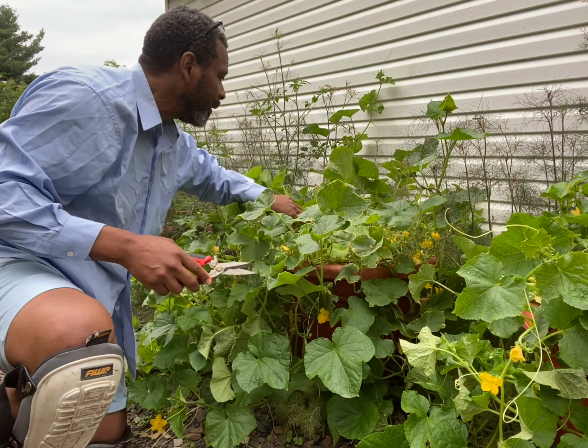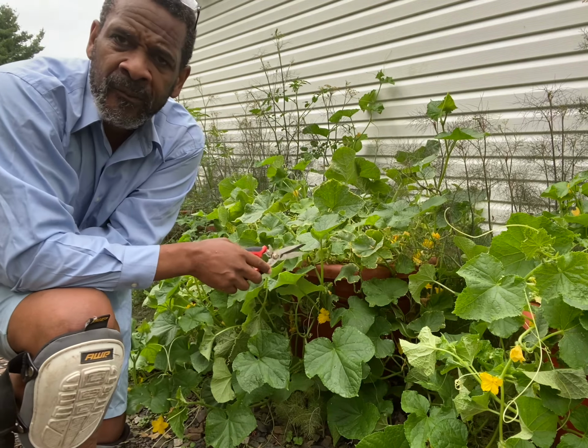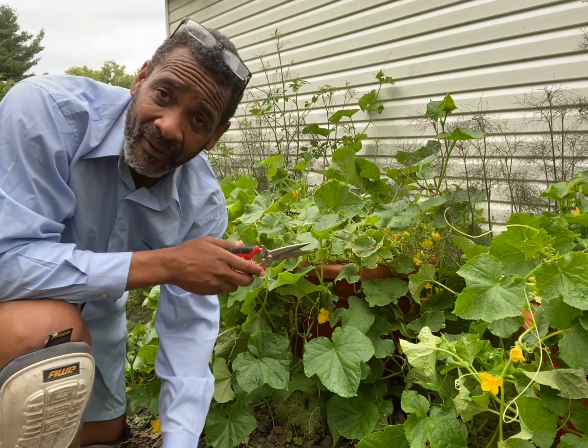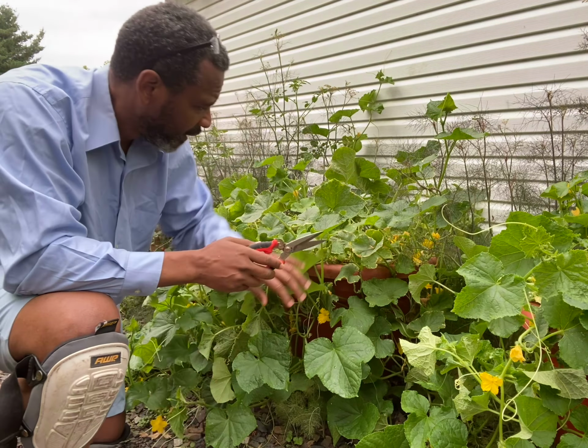Now, the only problem we have is that we grow so much food that, like this year, we're going to grow 500 tomatoes. And we're growing so much food that we're sharing it with the animals around, like the deer or some other animals that eat the tomatoes, and we don't mind it. Because one planter for us drew about 500 tomatoes. And so,